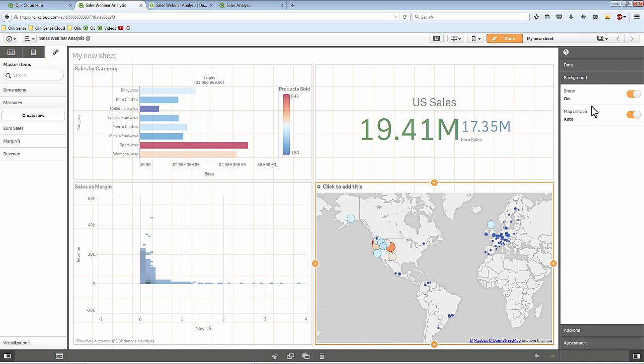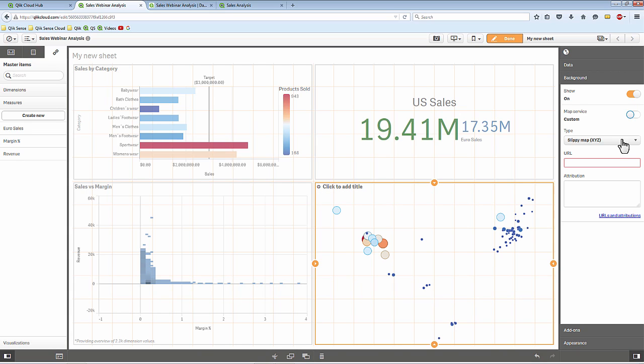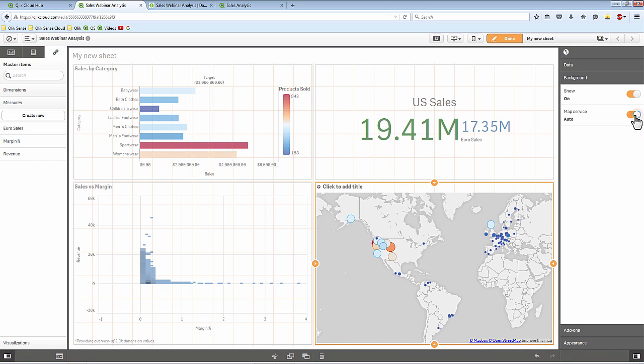One thing to point out as a differentiator, you're not locked in to the map service that we use. We use Mapbox OpenStreet, which means the usage negotiations and license agreements have already been discussed and taken care of by Qlik. So you can freely use this to plot your data in the form of points. However, if you have a Slippy Map server, you can turn this off and provide your own URL to the Slippy Map server. We do provide other examples of public ones available in our documentation.